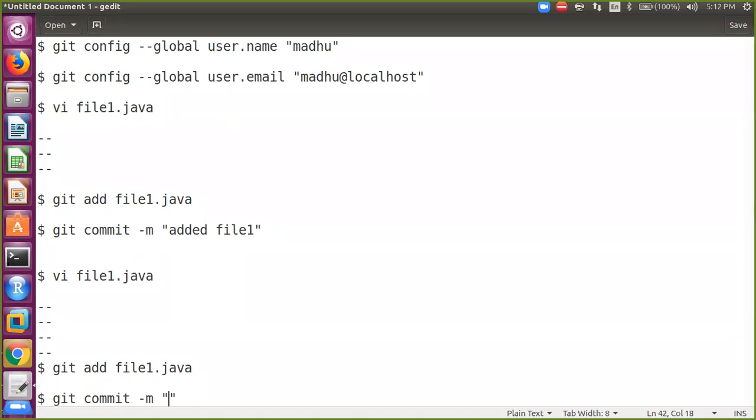Say like this, modified file 1, modified file 1, like this.